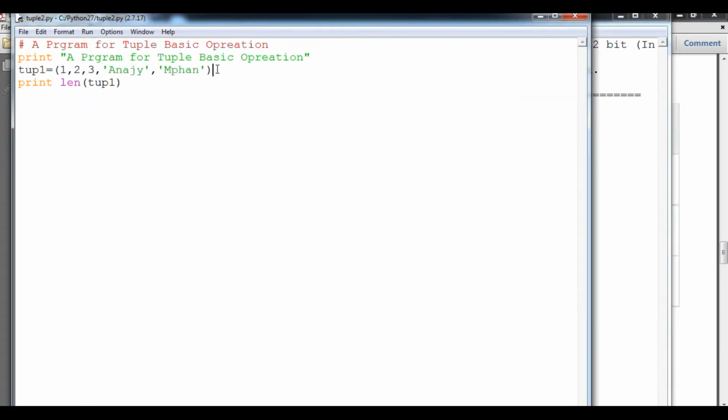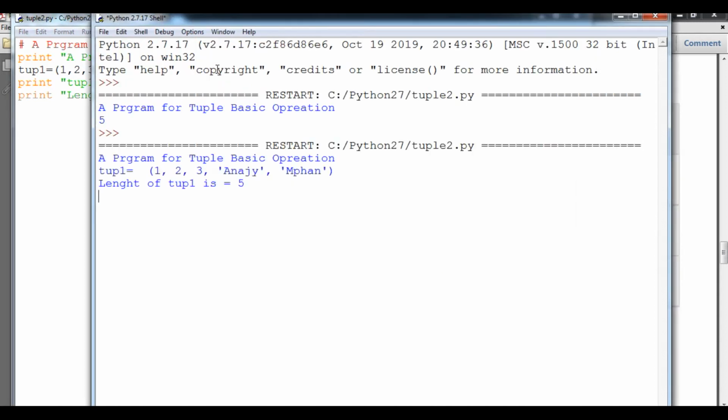So again, to show you, I will simply print tup1, or I can say tup1 equals to tup1, and at last I will say length of tuple 1 is, so here you can see separated by comma.